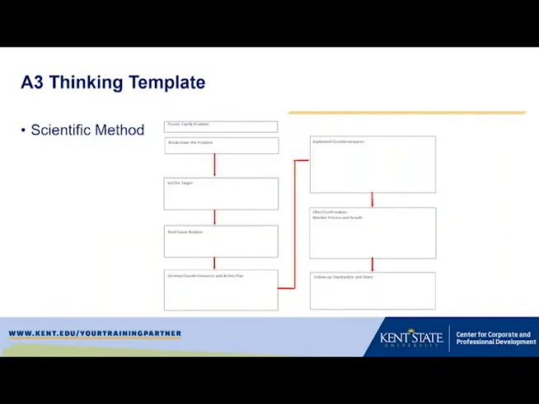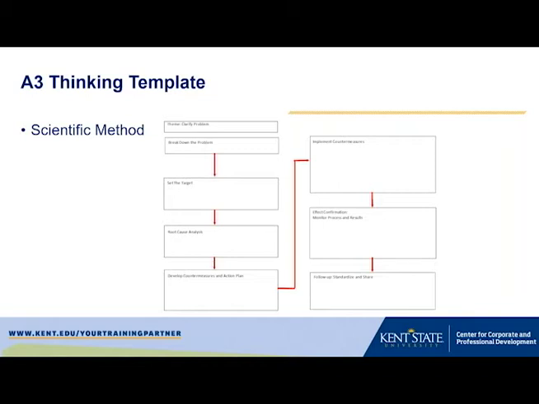There's a template for this. Again, it's a scientific method. What does that mean? Well, scientific method says I form a hypothesis, I design an experiment, I do the experiment, I check the results, see what I've learned, and based on that, then I take action to leverage that. Deming called that Plan, Do, Check, Act, PDCA. The Six Sigma guys have, I think, improved upon that, evolved that a little bit with the define, measure, analyze, improve, and control, or DMAIC process. It's just got more structure to it and more tools to use.